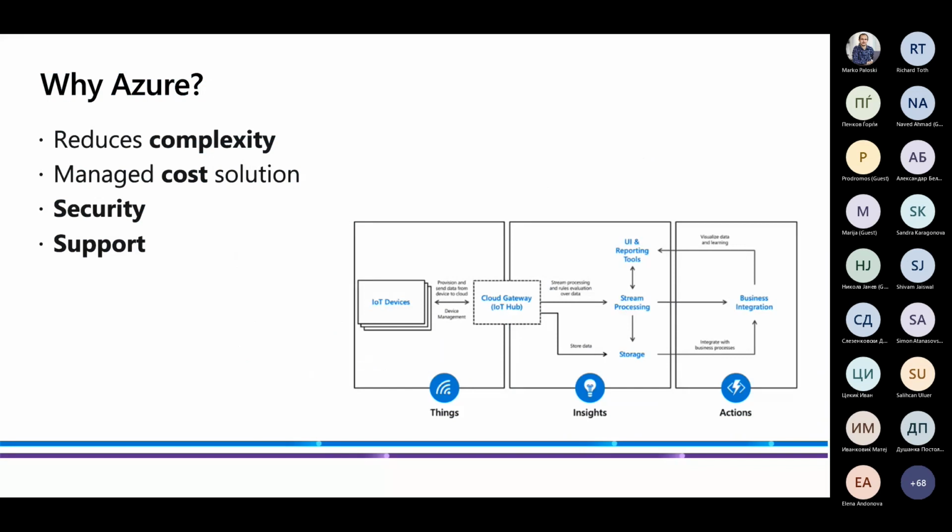Why am I going to choose Azure? Azure IoT can help organizations across all industries to solve a common set of business challenges, to fuel innovation and digital transformation. Such challenges are complexity, cost, and security. Also, Azure IoT has excellent support, such as the Microsoft employees and the huge community it has.